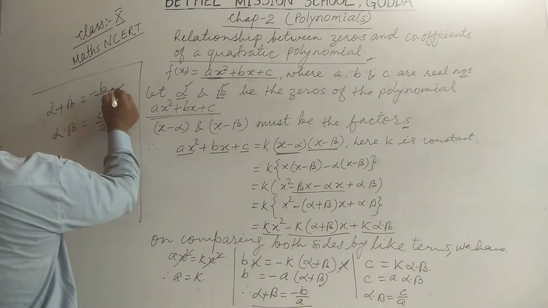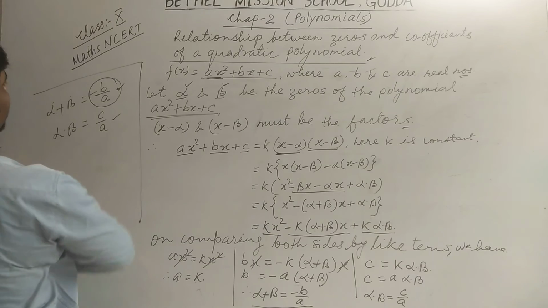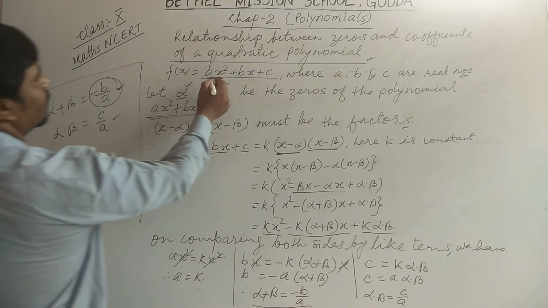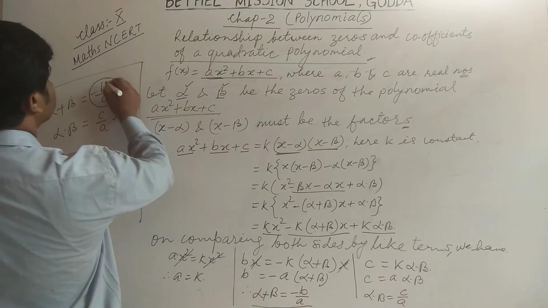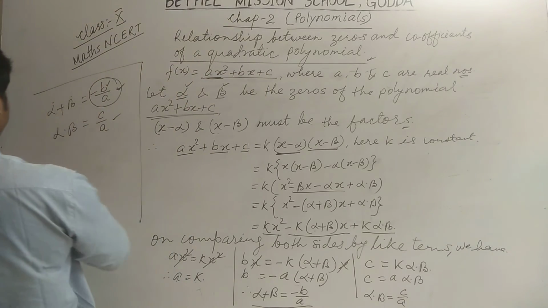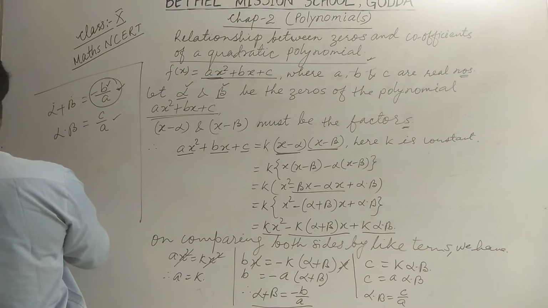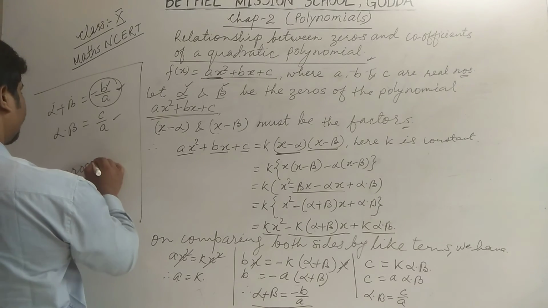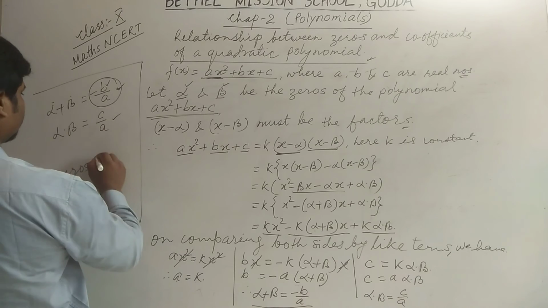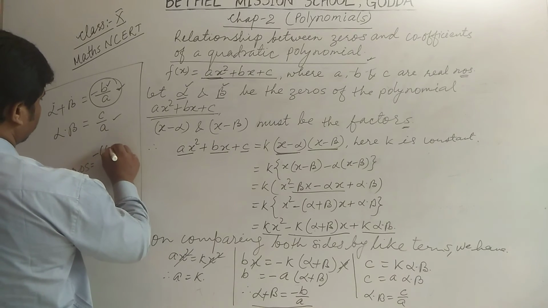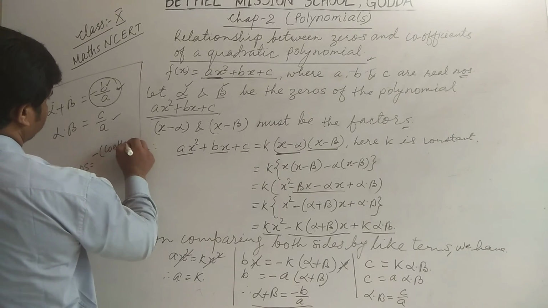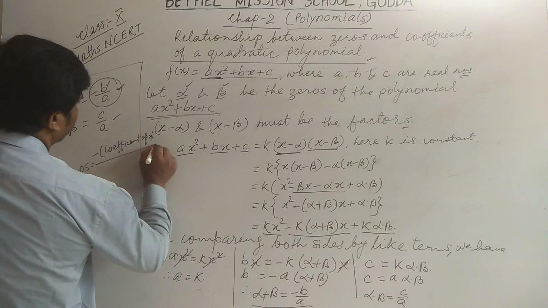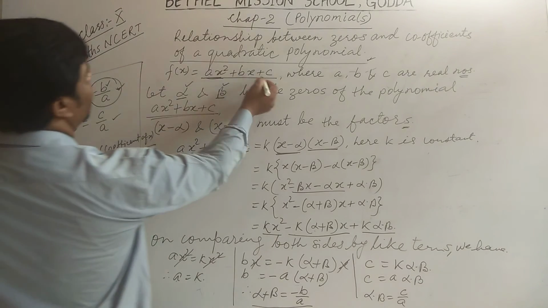Minus b upon a, where b is the coefficient of x. So sum of zeros equal to minus coefficient of x by a,